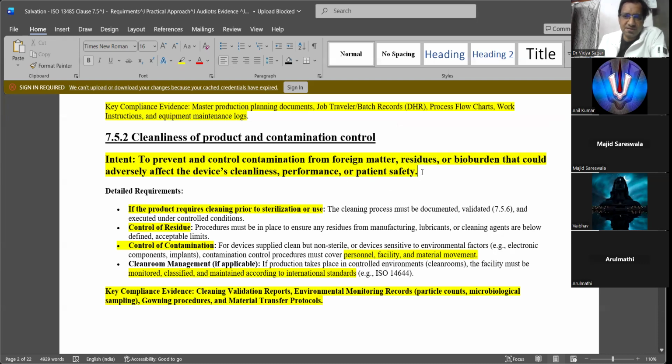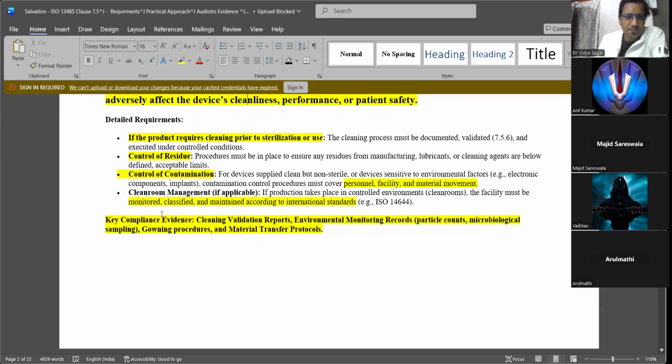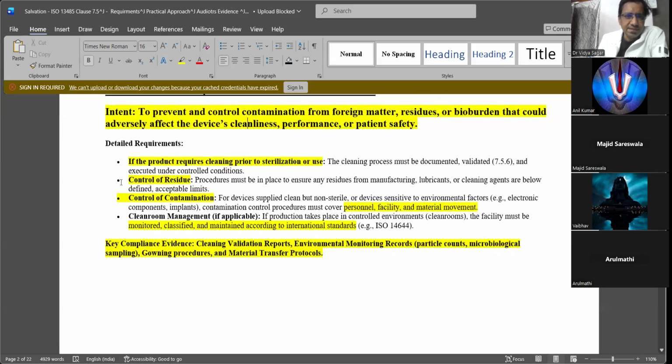I'll tell you one important thing on this. If the product requires cleaning prior to sterilization or use, there will be some products you don't sterilize, but you want to reduce the bioburden on the product. Before the use, you want to reduce the bioburden by cleaning the product.